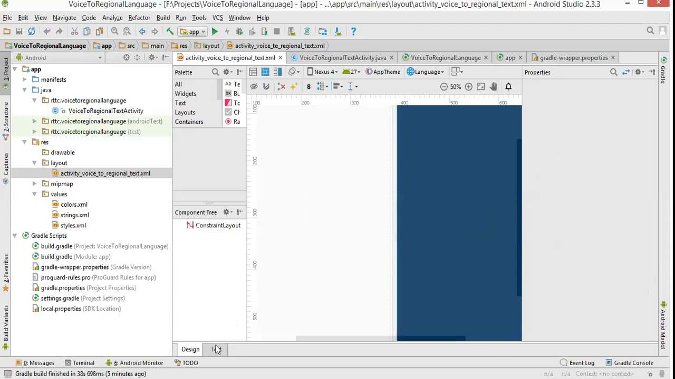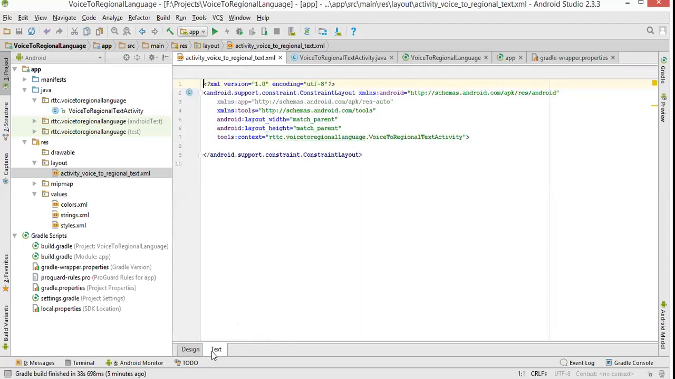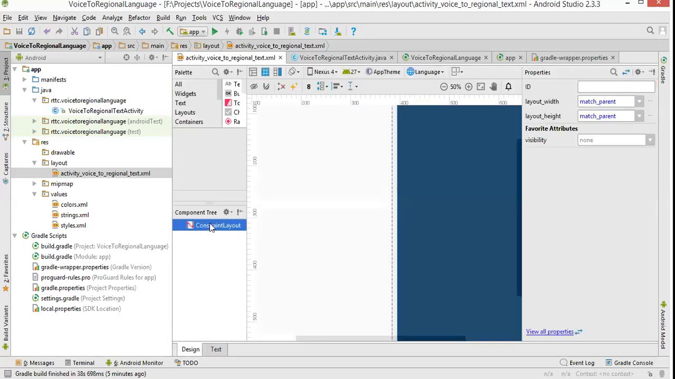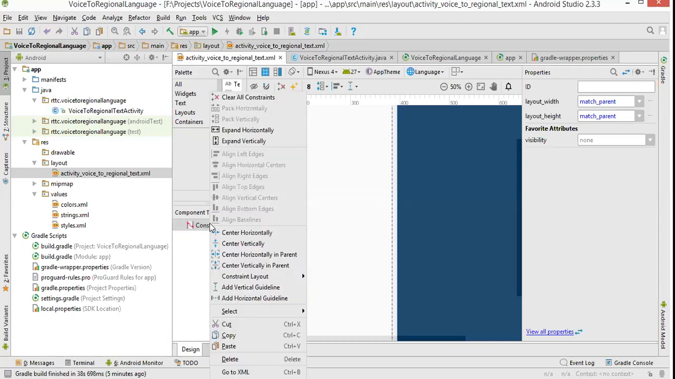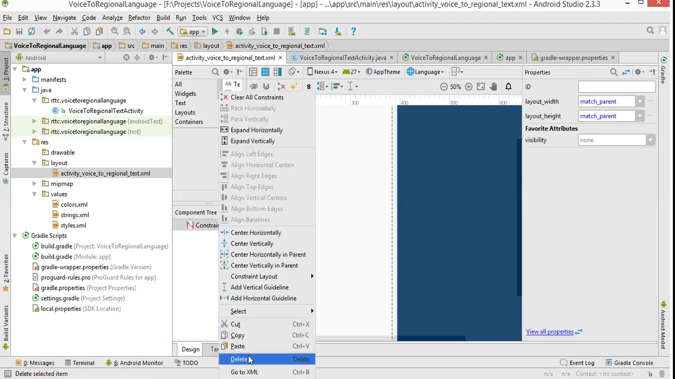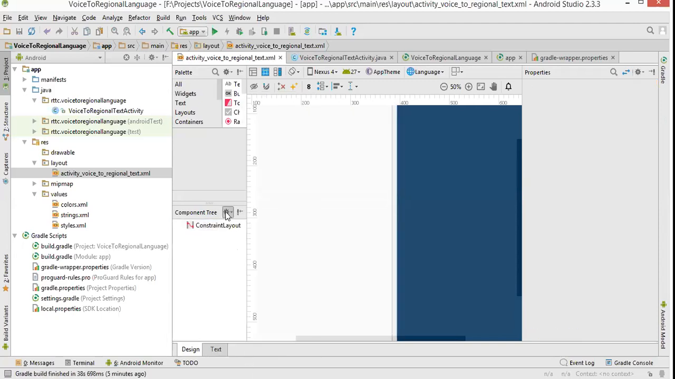Now I will go to the text here. Here also, the default layout I have is a constraint layout. So this constraint layout, I will remove. That means I can right click and delete this. Okay. So what I'll do is, I want to put a table layout. For that, what I'll do is,